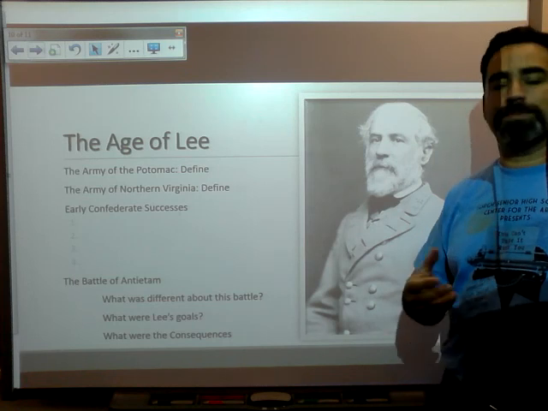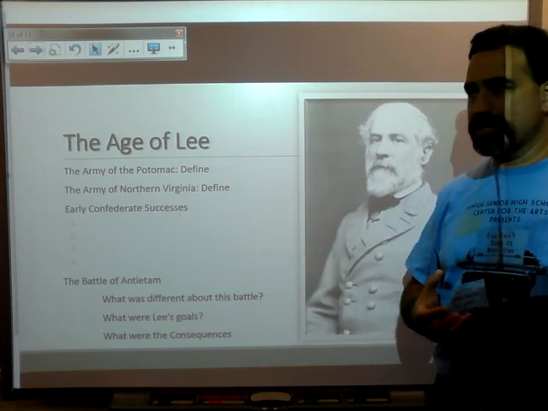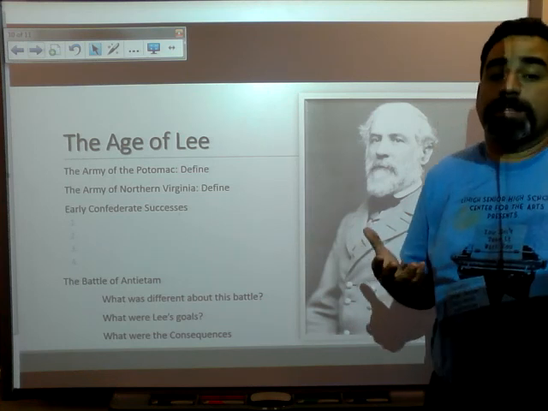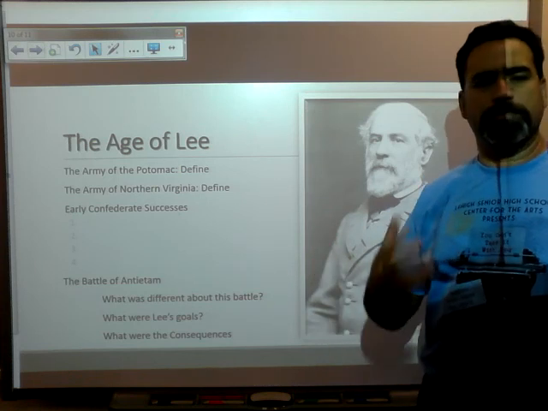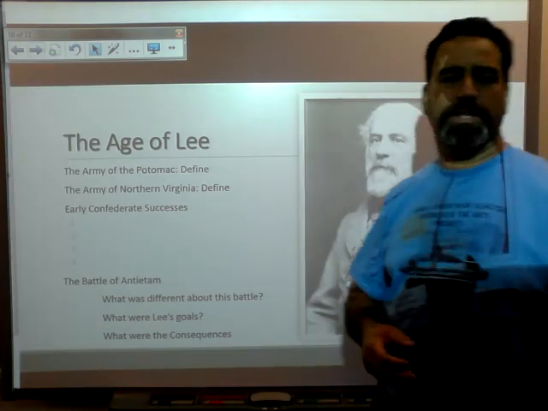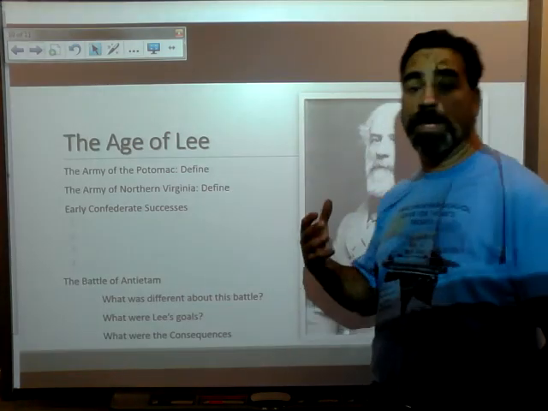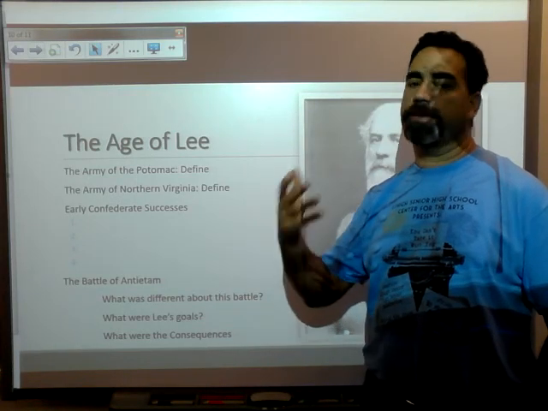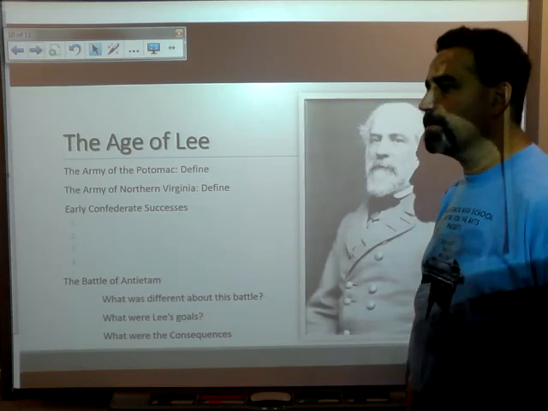McClellan will get the name Tardy George McClellan, and he'll frustrate Lincoln a great deal, because he's just going to be very hesitant in going to battle. Largely because McClellan said his army wasn't ready, and the reality is, at least in the beginning, he was right. His army wasn't ready. Lincoln will ultimately push him into going into combat, into what becomes known as the Peninsula Campaign, and the Peninsula Campaign was a horrible failure. So among the early Confederate successes was Lee outmaneuvering McClellan constantly and incessantly, and finally forcing McClellan to abandon the Peninsula Campaign and return back into Union territory.